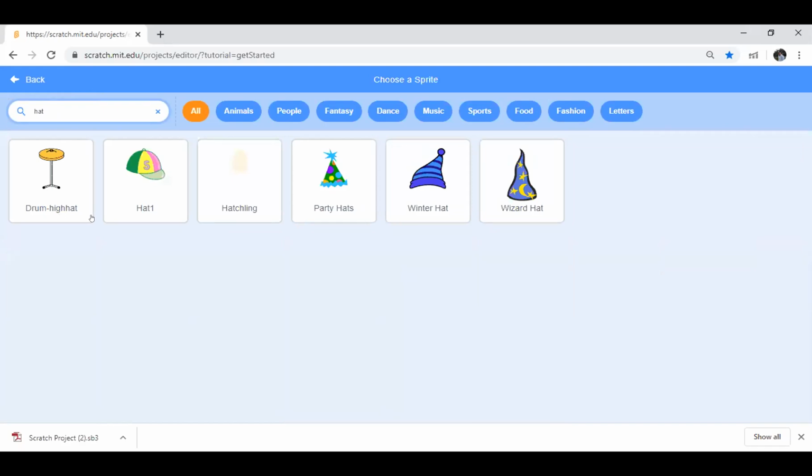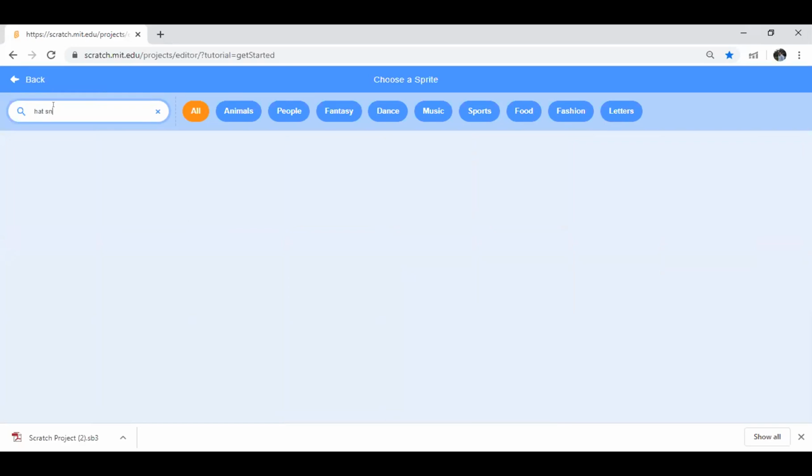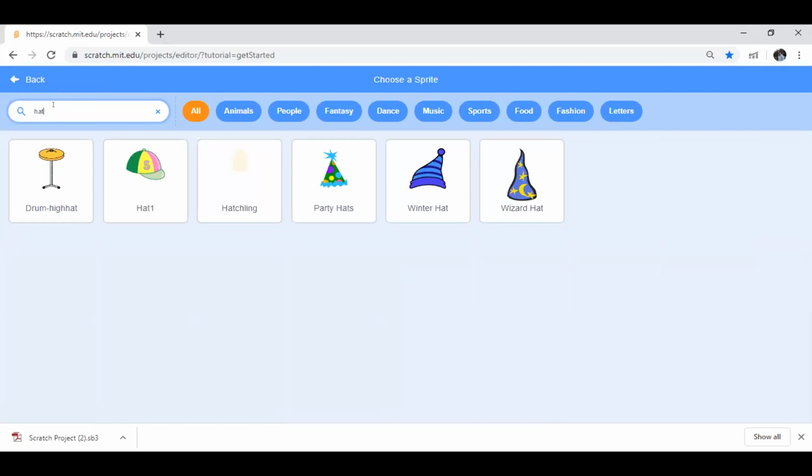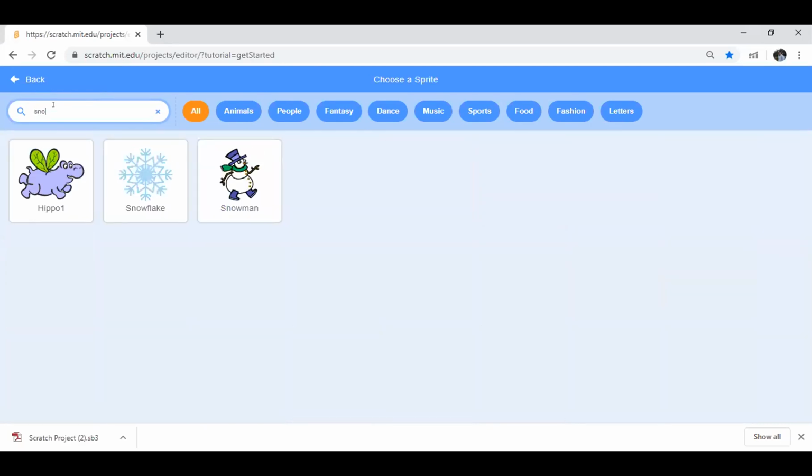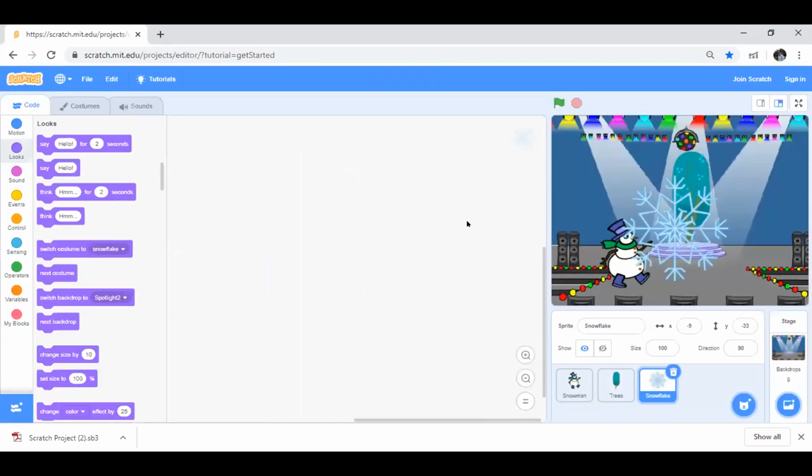Sir, 50 is also huge. Okay, so don't just type snow over there. Just remove the hat word. Just type snow. Okay, select snowflake. Okay, now make size as 25.